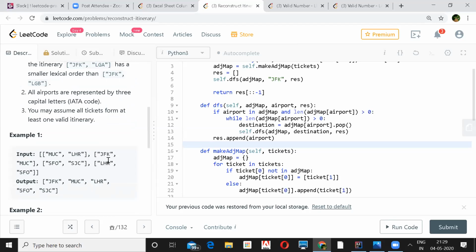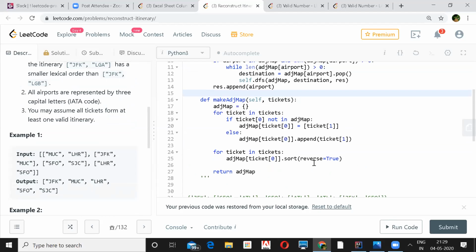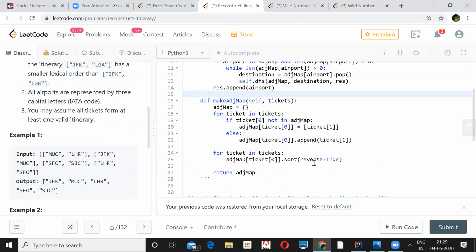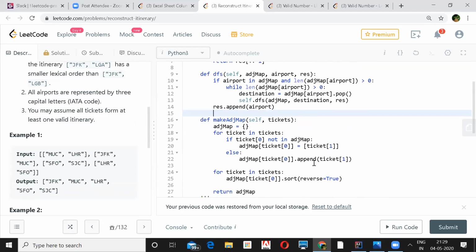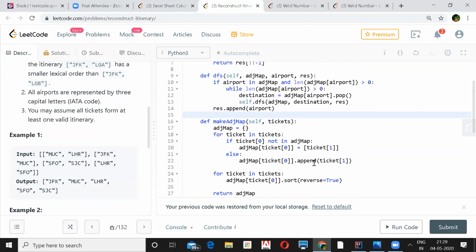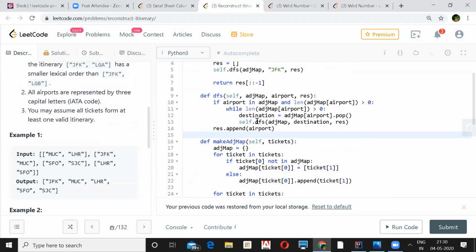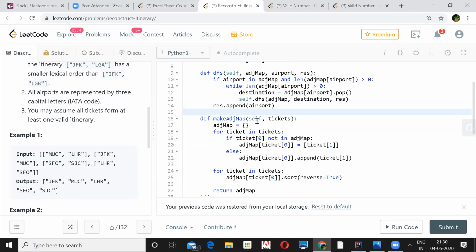Mm-hmm. Just a little curious how you define the end conditions, because there's a possibility that you are making some path and it's not a valid one. You're asking about when I append to the result, right? Yes, exactly. Let's say that you started with a path and it's not the right path, right?